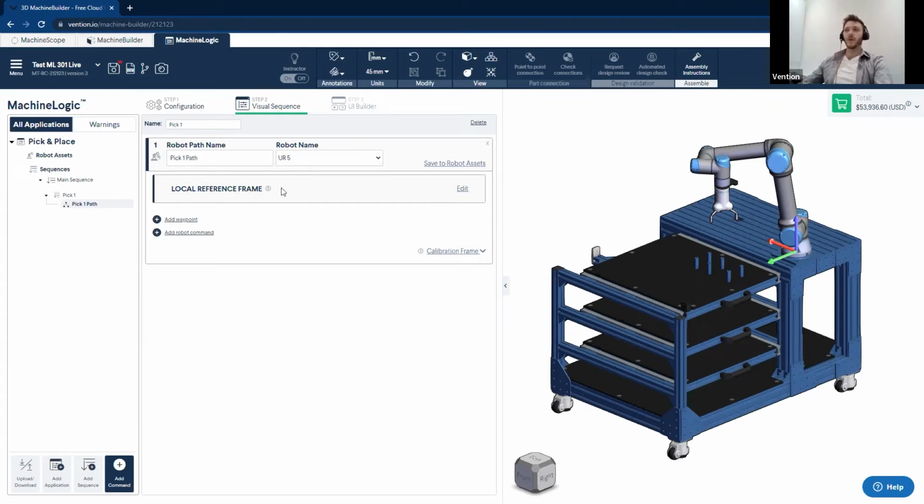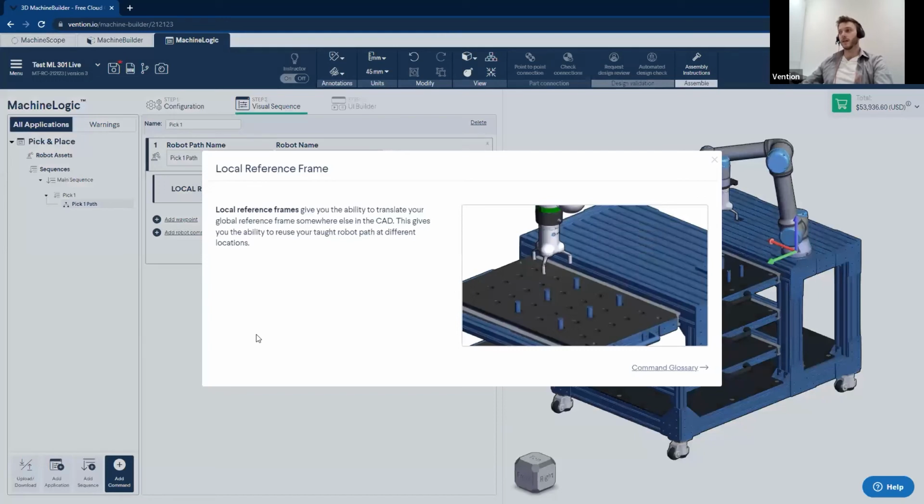From there, moving on, we have the reference frame. So I can click on the information over here. If you'd like to get a little bit more information, we do have an extensive command glossary for a lot of the programs and actions within MachineLogic. But essentially, the reference frame is the frame of reference used when creating or teaching waypoints. So essentially, the waypoints are the points in space that you would like to have your tool or your robot travel to. And the reference frame essentially is the origin point of your base coordinate system that you will be